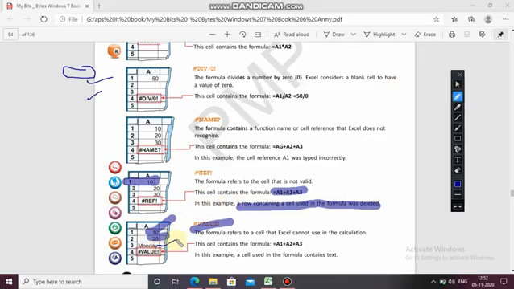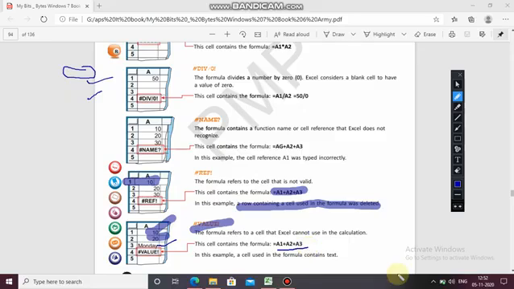So Monday is written, so it will again show the value error, because we cannot calculate 10 plus 20 plus Monday. So A1 is okay, A2 is okay, but we cannot add Monday in that. Clear? So this will also show an error. Clear?